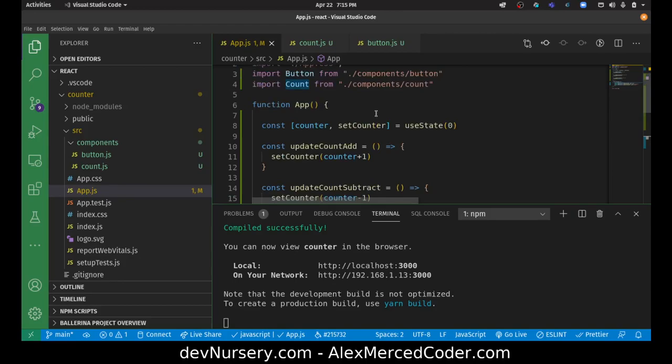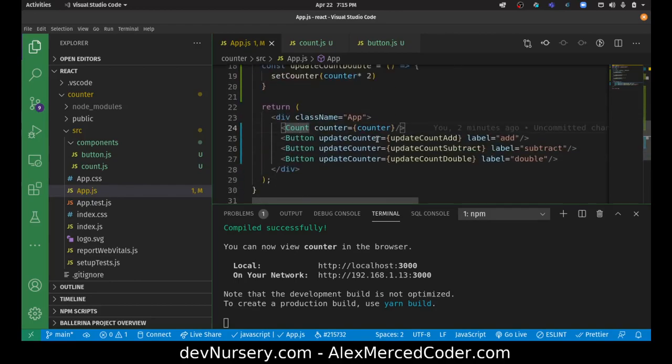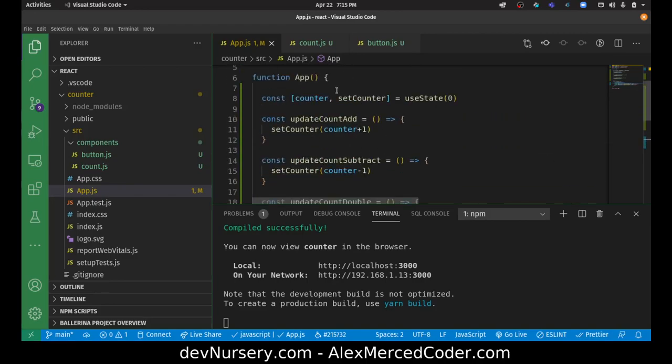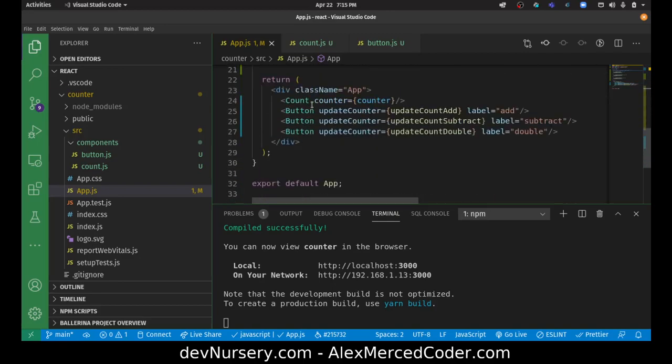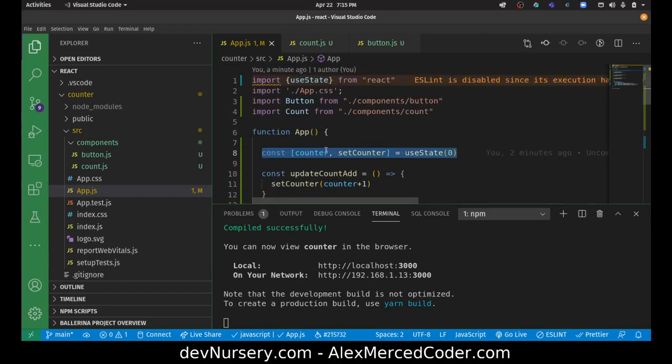But again, you can imagine huge applications with lots and lots of components where state is all over the place. So hopefully this clarified a few things. This concept here where we notice that count is receiving the data, but button is updating the data. But it's all kind of happening here in app, because again, where does the state live? Here in app. This is referred to as lifting state. Because even though at the end of the day, app is not really doing anything with counter,